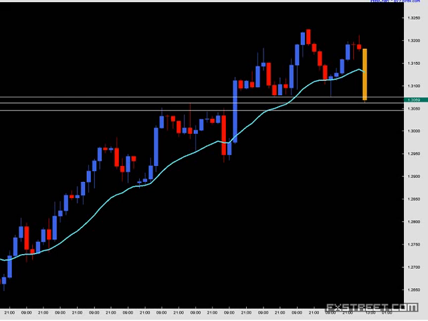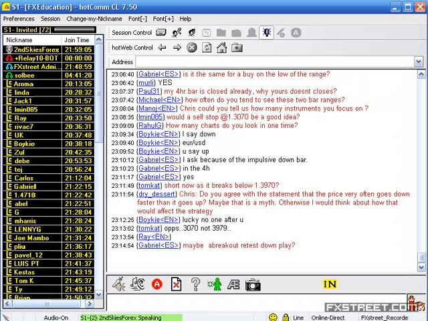Rahul G says, how many charts do you look at one time? That's a great question. Technically, all I can really look at is one chart at the same time. It doesn't help me to look at 5 charts at one time and try and multitask. The bottom line is if you're focusing on one chart at that particular time, all your concentration, awareness, and intelligence will be applied to that chart. Now, I am looking at several instruments, but when I'm trading, I'm only looking at one chart at a time.